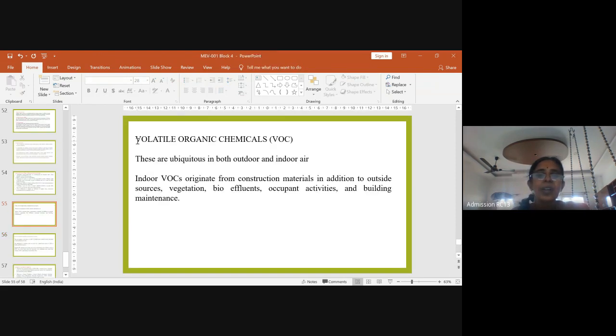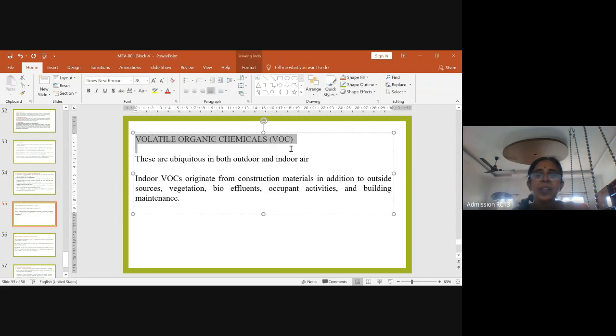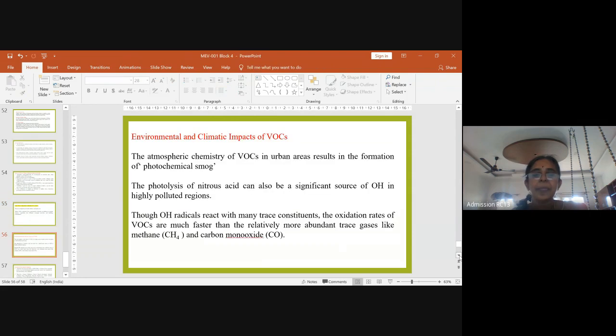So, volatile organic chemicals, which are ubiquitous in both outdoor and indoor, originate from construction materials in addition to outside sources like vegetation, bioeffluents, occupant activities, and building maintenance. So, the environmental and climatic impacts of these volatile organic compounds in urban areas